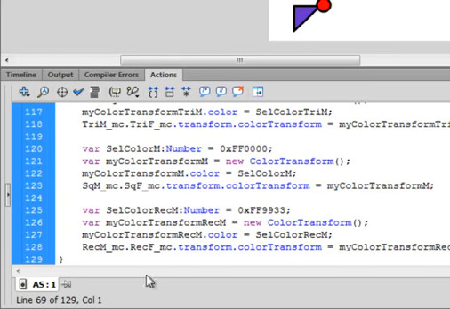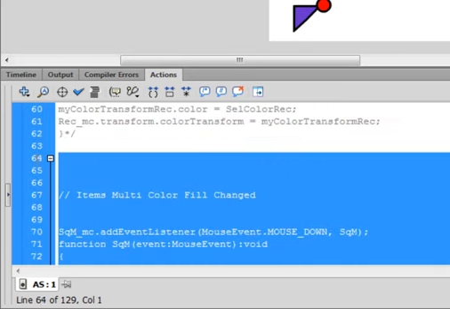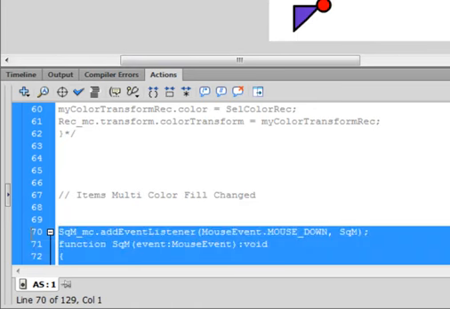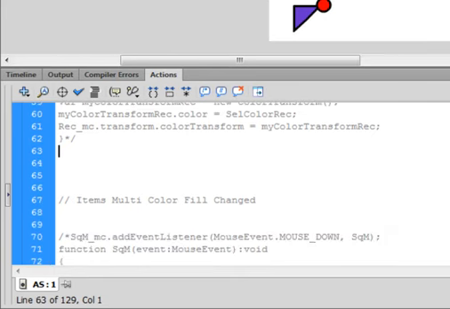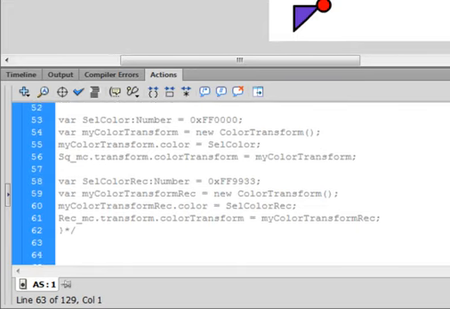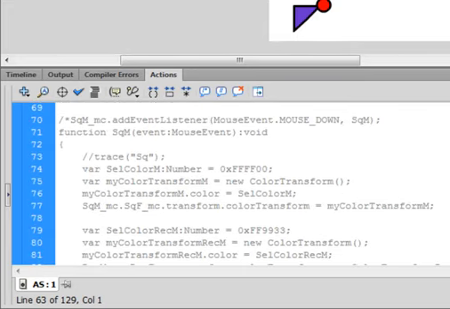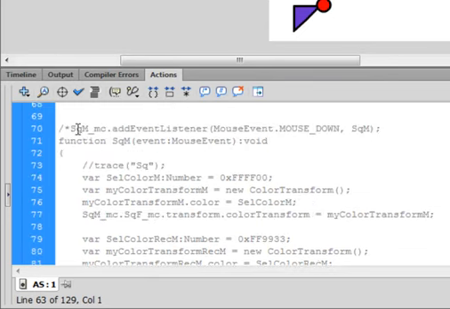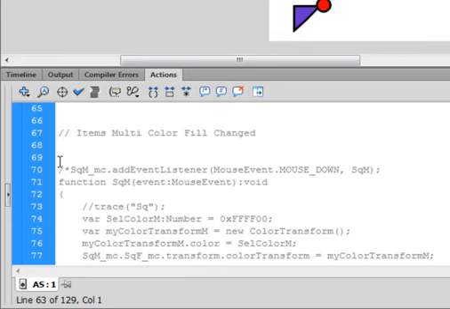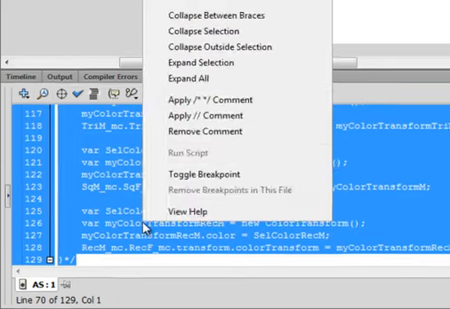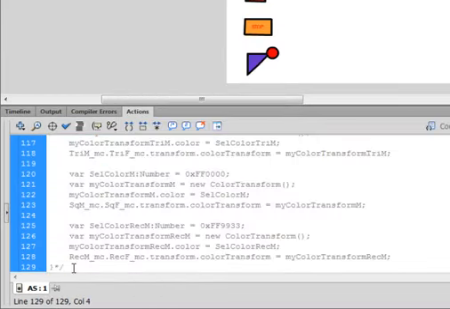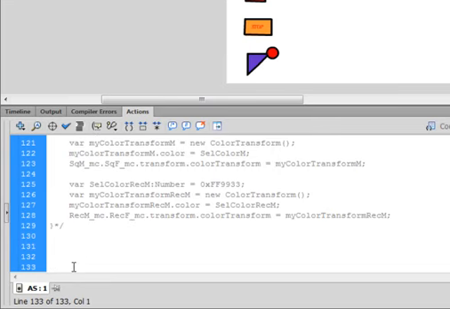Let's go from the bottom right to that line there, here where we have that new movie clip MC. Come up here and comment that off. Now let's do one more thing. Let's copy from here, not this line. Let's copy from here right down to the bottom, right click, copy, put a couple enters, 2 forward slashes,